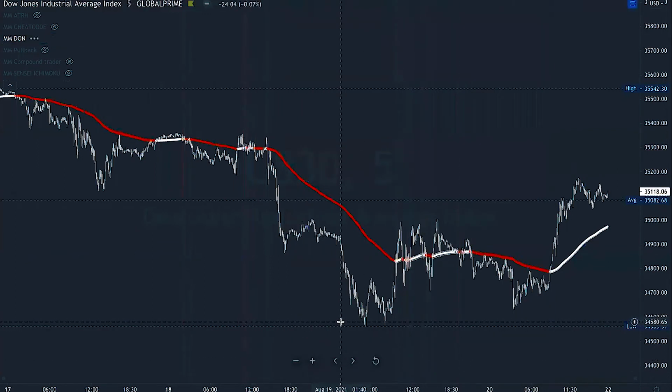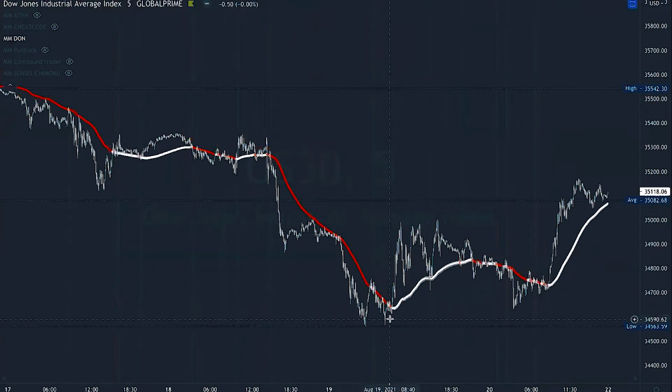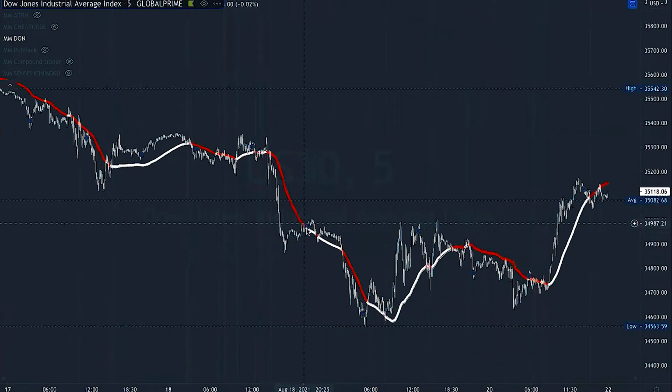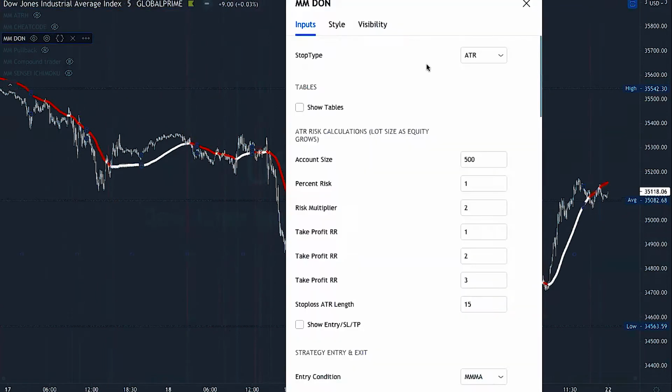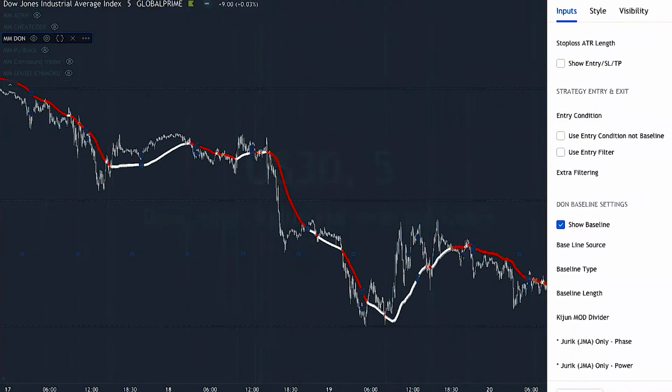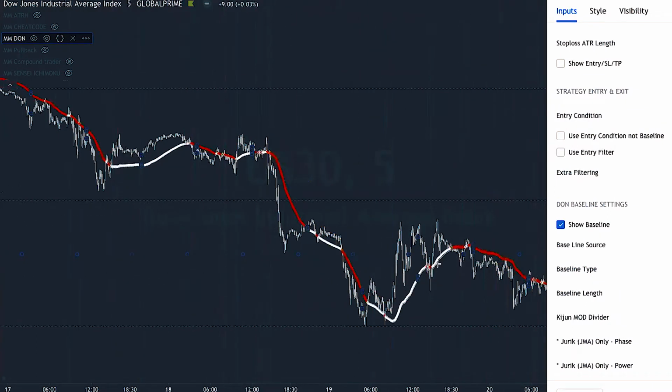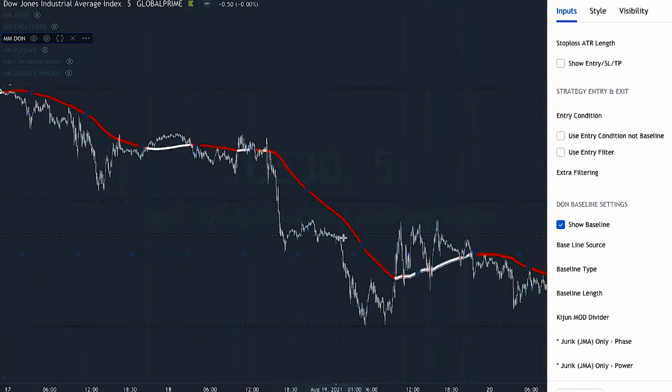The double exponential moving average, the DEMA, is way tighter to price, and this can change your signals and your entries dramatically. Let's do the triple exponential moving average, way tighter on price. So you saw that slight difference. Let's go back real quick and focus on this area here. With the double, you would have stayed in this trend if you took this sell signal. If you use the triple, you would have gotten out and possibly gotten into a buy position. So you can see how these different types of moving averages change your signals dramatically, depending on what type of price movement you're looking for. And I haven't changed the length. They're all at 200. Weighted gives you overall,